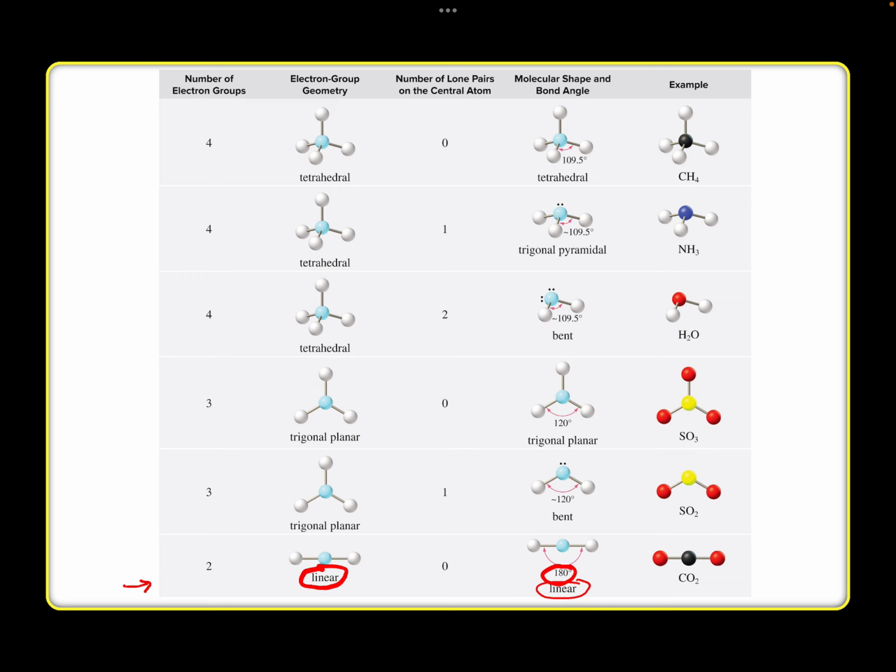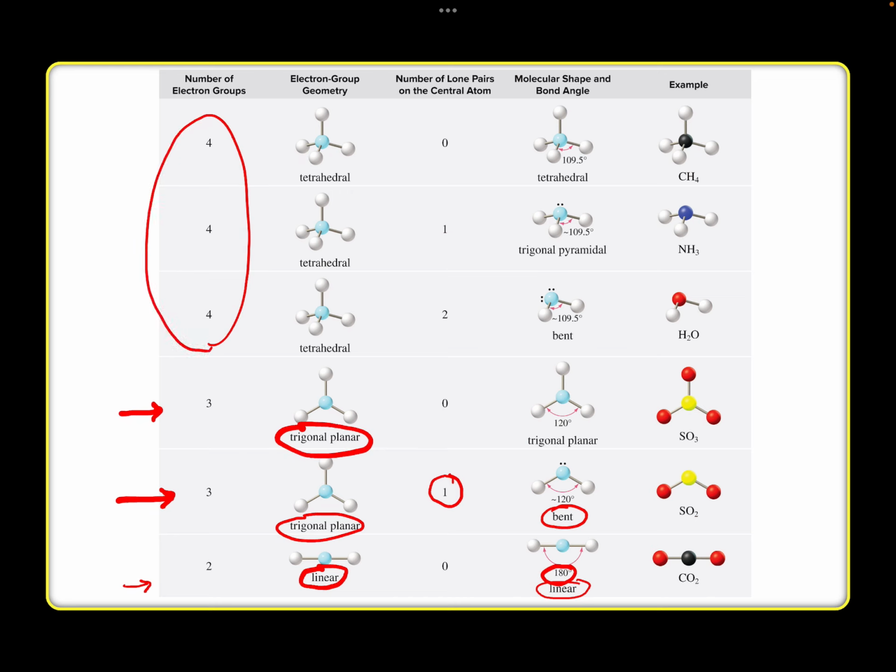Okay? And so if we have 3 different electron groups, they're both going to be called trigonal planar. Because remember, this electron group geometry name is just based on the number of areas of electrons. But if one of those areas is a lone pair, the name changes. And so now this one's called bent. But the bond angles are going to be 120 degrees, whether those 3 areas have a lone pair or it's all bonds. And then if we have 4 areas of electrons, which are all of these up here,